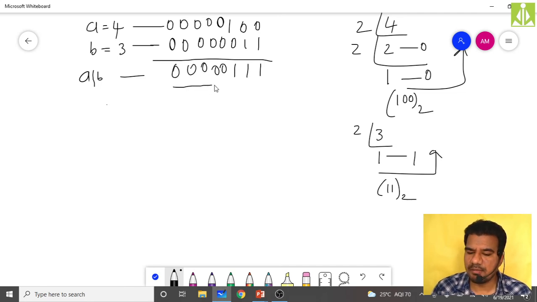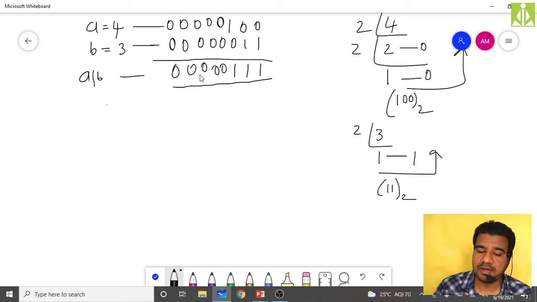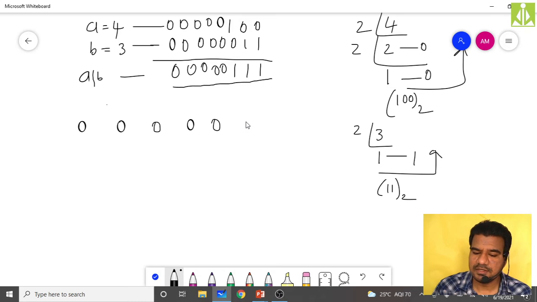Now what is this number? 5 zeros followed by 3 ones. So put the number separated: 0, 0, 0, 0, 0, then 3 ones, 1, 1, 1.